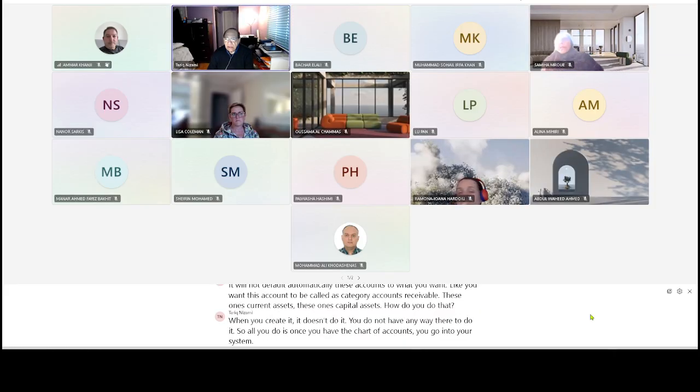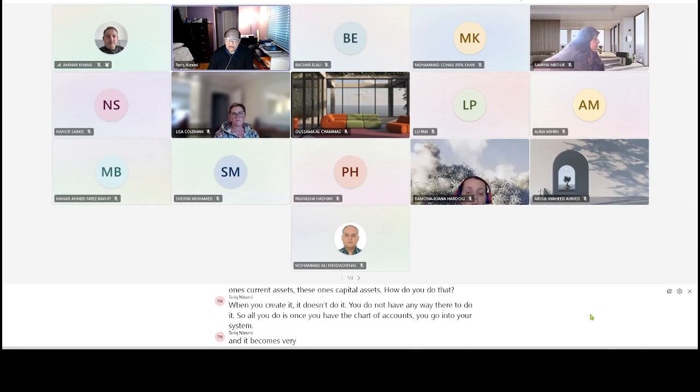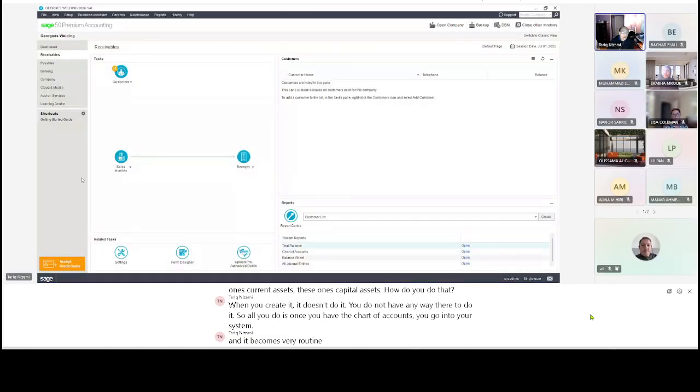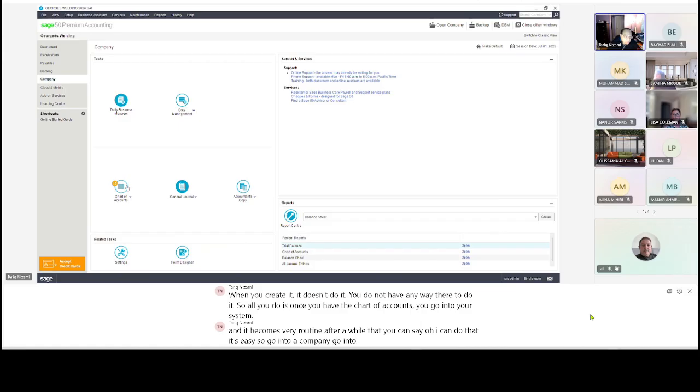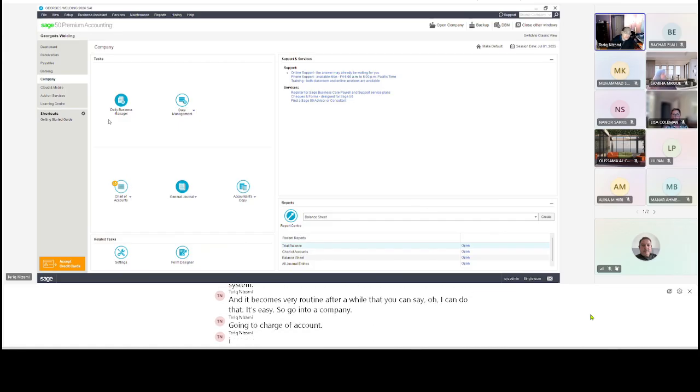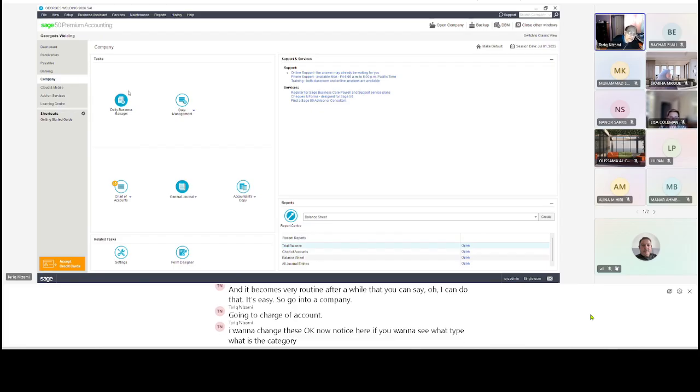And it becomes very routine after a while that you can say, oh, I can do that. It's easy. So go into a company, go into chart of accounts. I want to change these. Okay. Now notice here, if you want to see what is the category we allocated to each one of them,